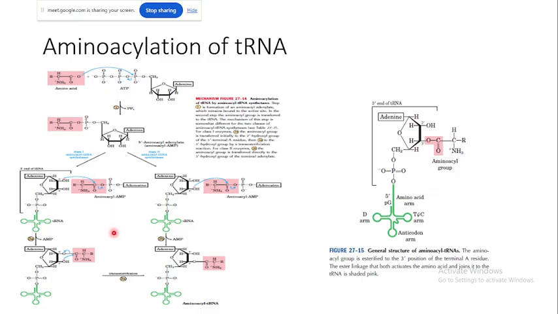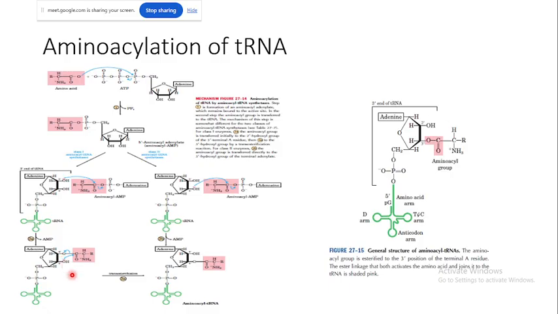So the entire amino acid is charged to the 2' OH region of this tRNA, which has adenosine at the 3' end, right? After that, trans-esterification will take place, so that this bond will be broken, and this 3' OH also has an oxygen which is electronegative, so that will make a nucleophilic attack on this electron deficient carbon, right?